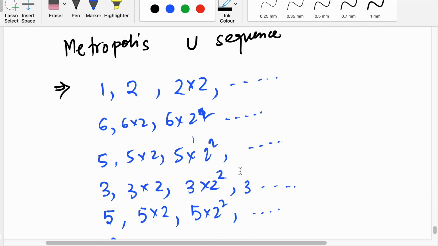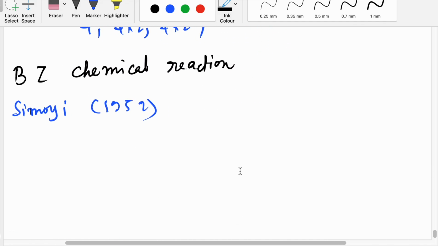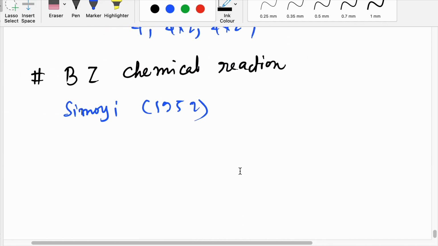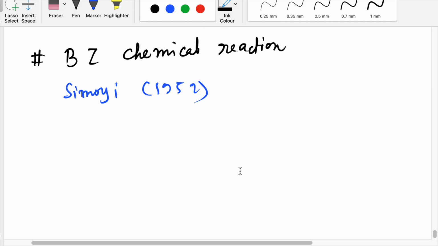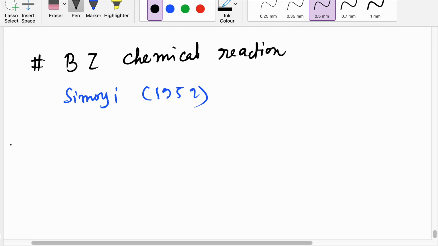We have talked about the BZ chemical reaction, where the experimental verification of these things was successfully done. Now we want to say something which is quantitative. We want to say something universal, not particular to this logistic map, but to any kind of period doubling route to chaos. It is similar to the value of pi. So we want to find such universality.